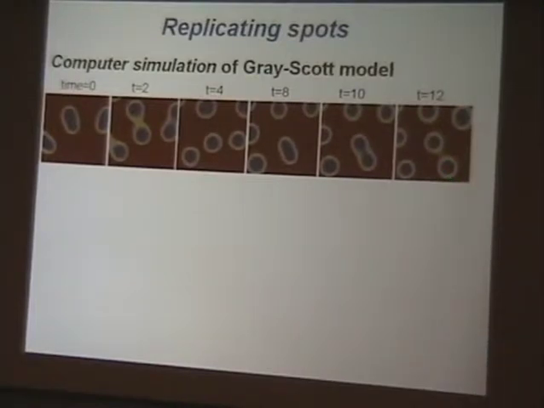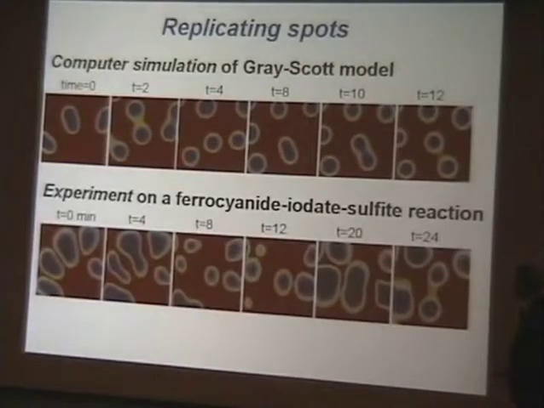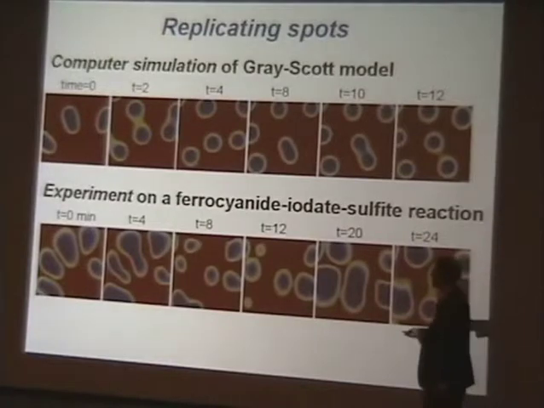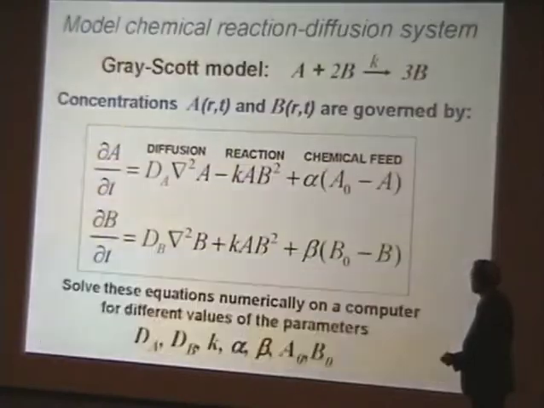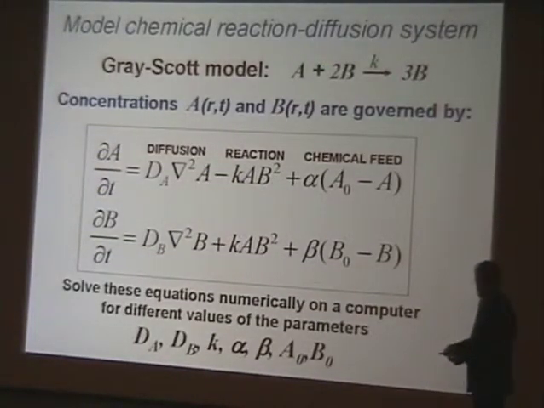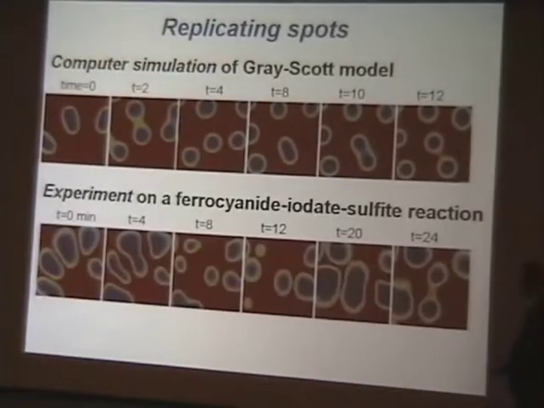I had a very good student who was working on a chemical system at that time, and he went into the laboratory and began to play with parameters in the experiment, and in a very short period of time, he found something similar in a reaction which has nothing to do with this simple model. This is a very simple system. The real reaction that he was studying has these chemicals reacting, and they produce many intermediate species. So in the chemical system that he was studying, he had maybe 30 different chemical species,